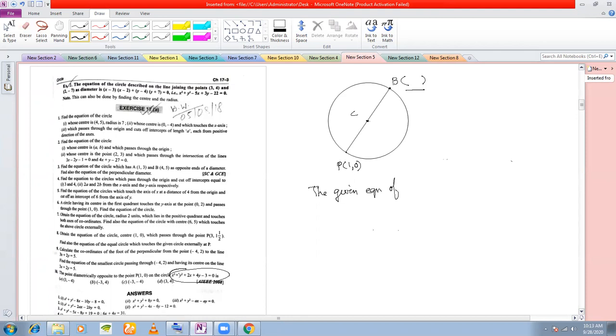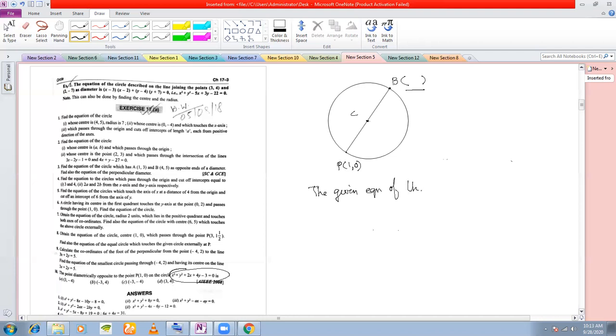We can take out the center, yes, with the coefficient of x. You know the general form, that is why you are saying. But what if you don't know the general form? Then how will you take out the radius? We have to convert this general form to the standard form. So what I want to teach you from this problem is how to convert a general form to a standard form.